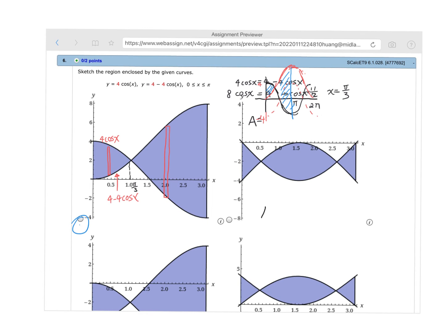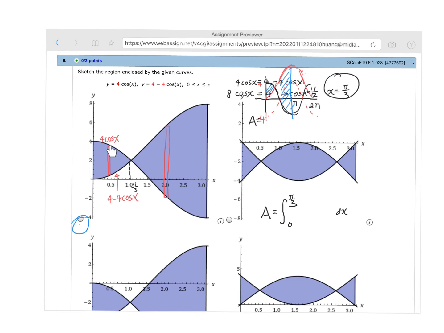So we already see that x is pi over 3, right? So therefore my integral, the first one, is from 0 to pi over 3. This is for this particular region. This rectangle goes from 0 to pi over 3. In class, I mentioned that this is the first place that you can draw a Riemann integral rectangle, and this is the very last endpoint that you can draw one. So basically from 0 to pi over 3. And it's dx because it's vertical